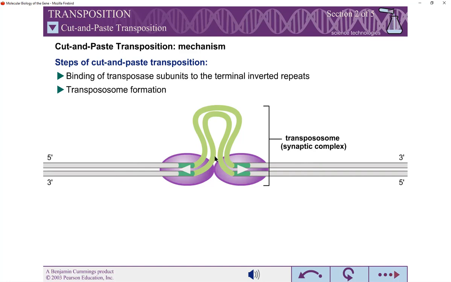Now, what happens in the case of transposition? As the transposition has to take place, the two transposons begin to move towards each other. As they move towards each other, they lead to the formation of a loop-shaped structure. This is the loop-shaped structure molecule which is going to be produced, and it is referred to as the transposition loop. Okay, so this is the transposition loop which has been produced.